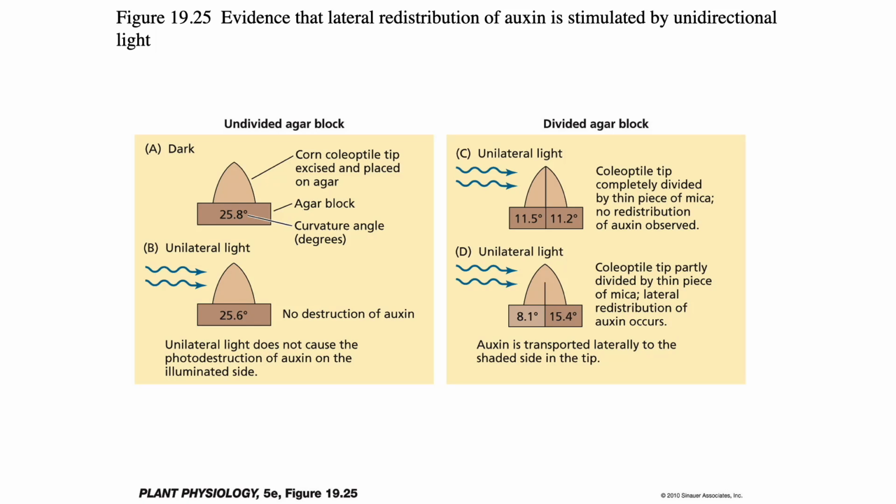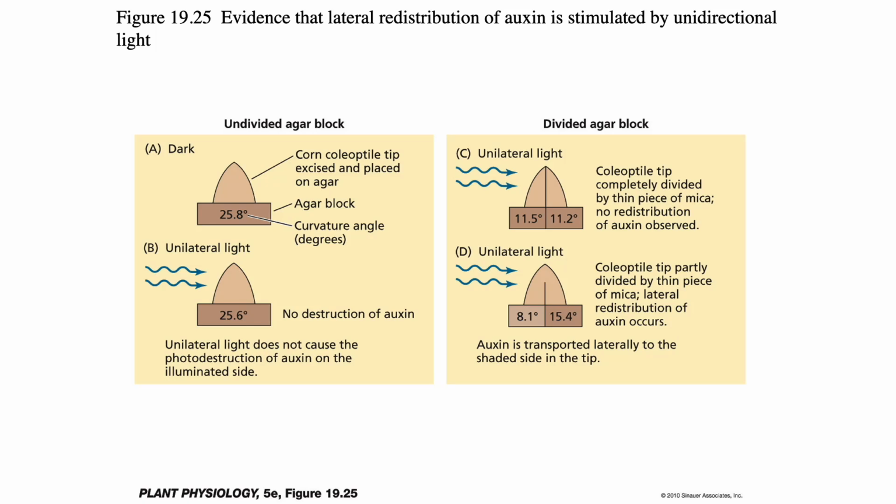The amount of auxin in the agar block is expressed as the angle of curvature the agar block induces when assayed by the coleoptile curvature bioassay. A shows the amount of IAA diffusing into the block in darkness. B shows the amount of IAA diffusing into the block in unilateral light. C shows the lack of